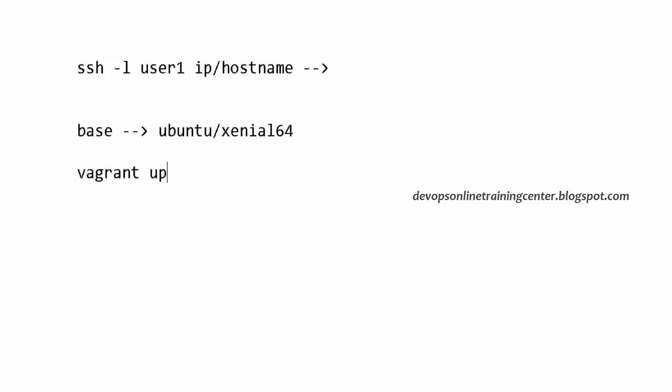This will create the VM, and you don't have to install the VM separately. Then you can log in using vagrant ssh and type commands. And to log in as user root, sudo su - is the command.